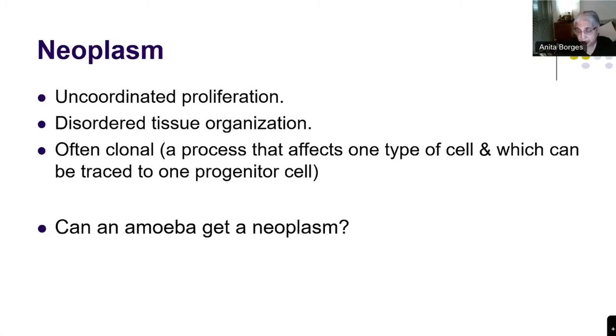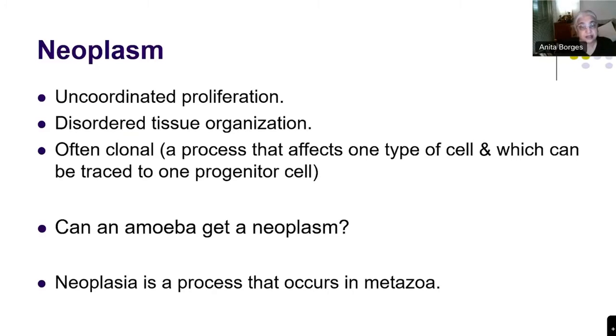So it can only happen in a multicellular organism, and that too, the higher orders of multicellular organisms that form tissues. Now, if I have a sponge, for instance, a sponge is a multicellular organism, but it doesn't form tissue. It doesn't have blood vessels. It's just a mass of cells that stick together. So it's an extremely unlikely situation that in some multicellular organism without tissue organization, you will get a neoplasm.